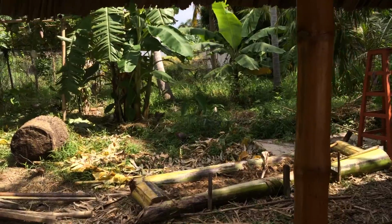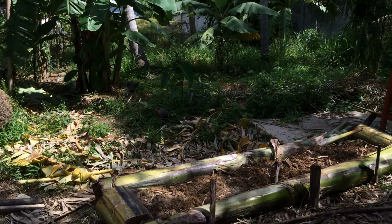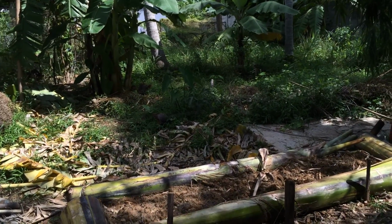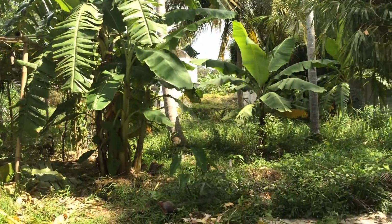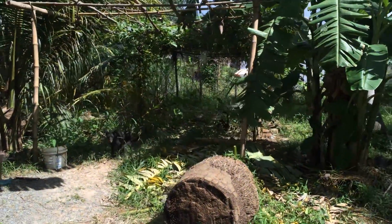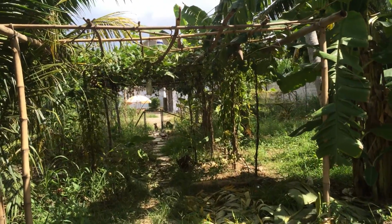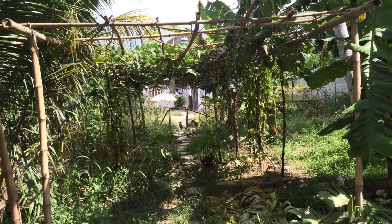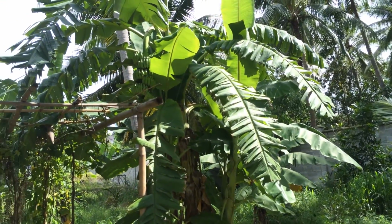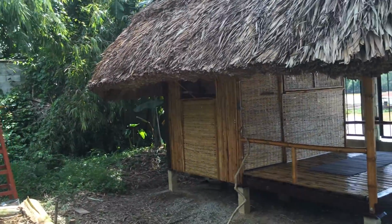So this side is actually our small garden. This time is rainy season, so we couldn't plant much vegetable, the leaf vegetable. So we try to improve it with some banana, papaya, some bean. You can see that we have some really basic. Here the frame of bean, and leading out of this side there will be the orchard area, and at the moment we have some banana and bean. Looking around, yeah, the back of the hut